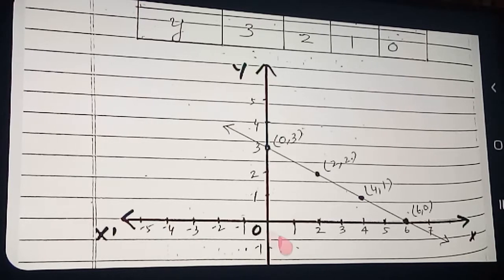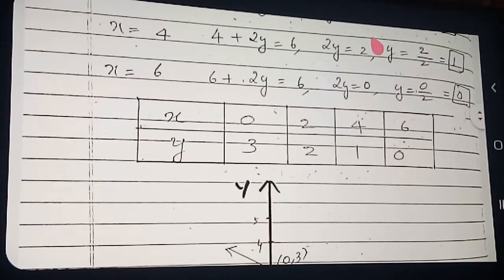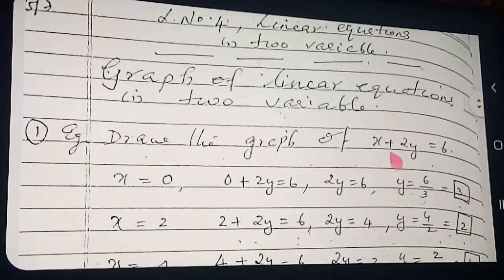Such a way you keep the scale, and then draw a line passing through it. Okay. Keep a scale upon these 4 points properly. The scale should touch all the 4 points properly, and then you draw the line. So you got the line. So this line, this is the geometrical representation of which line? We can see here which line it is. It is the geometrical representation of the line x plus 2y is equal to 6.